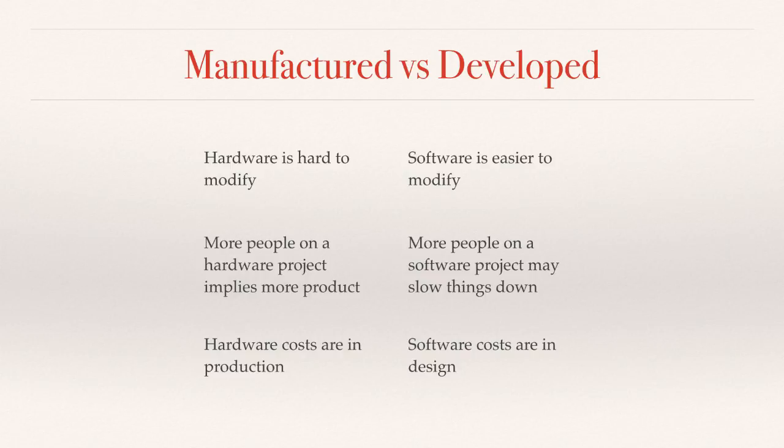We say that hardware is manufactured because the costs involved in hardware have been traditionally associated with producing the physical product. Yes, hardware does need to be designed, but once designed, you still have to pay for the materials and the labors to make that product. In contrast, there's no physical product associated with software. All of your costs are in design. You might argue that coding is more like production than design, but you're still not constructing something physical.